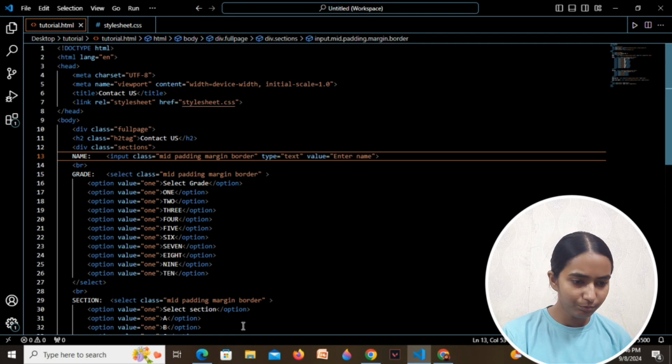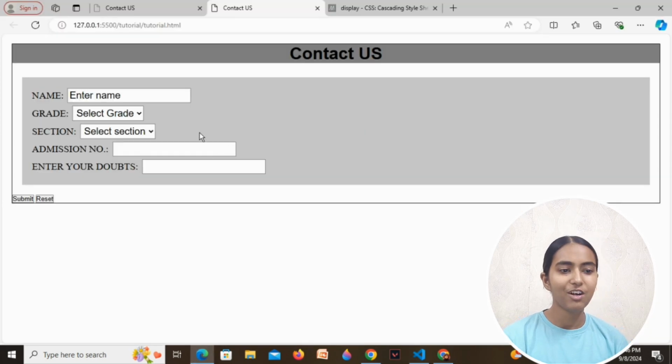Let's save it and see. We got a very decent border around these things as well. A very beautiful border is created around our submit and reset button also.